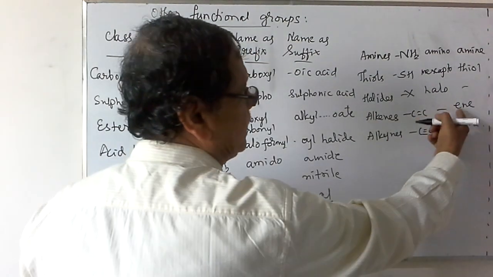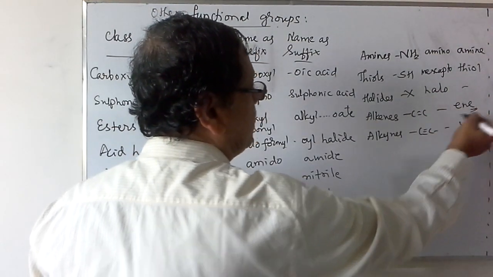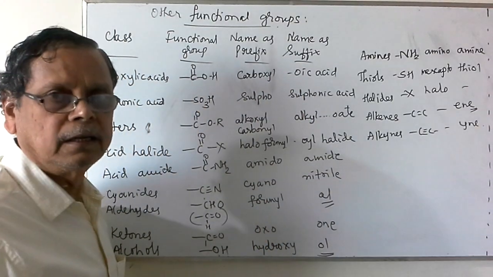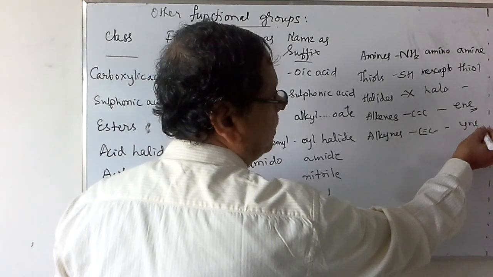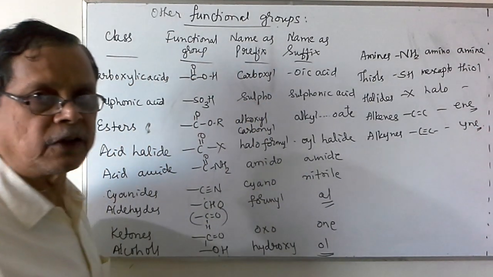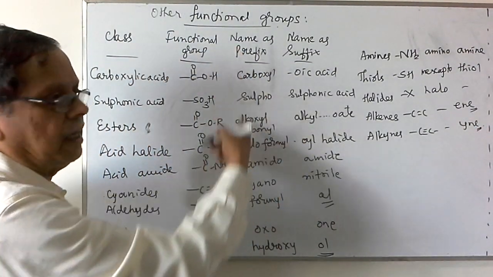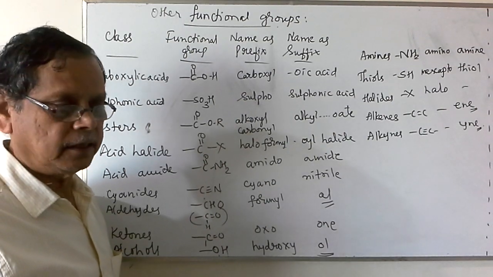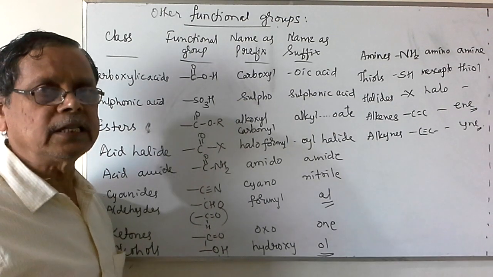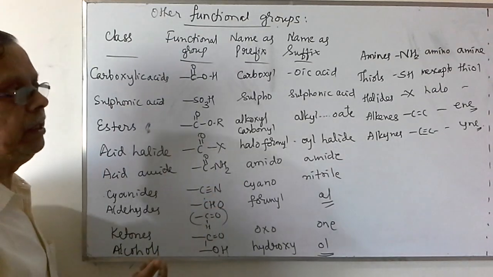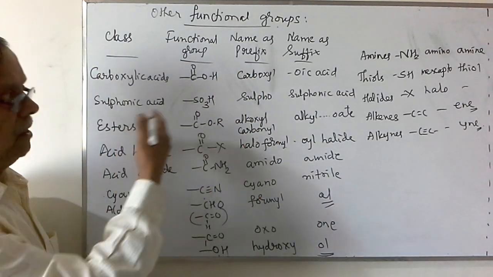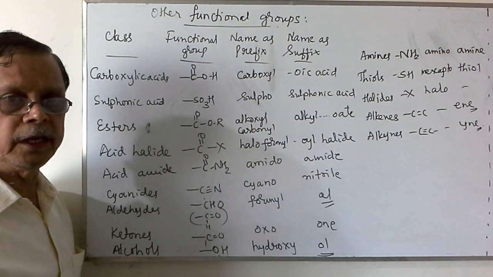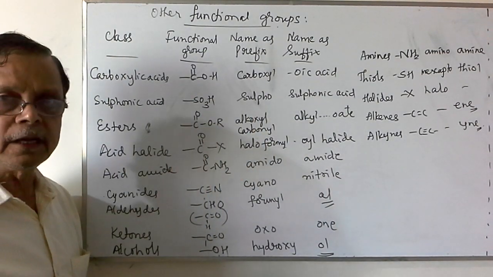But if carbon-carbon double bond and various other functional groups above that one are available, then we have to give this as EN, and in place of this E we have to substitute various suffixes. Similarly, if alkynes are available, then YNE is to be used as a suffix. In place of E we have to use the other as a suffix. So let us consider some examples in the next video for the use of all these suffixes as well as prefixes for the nomenclature of the organic compounds.